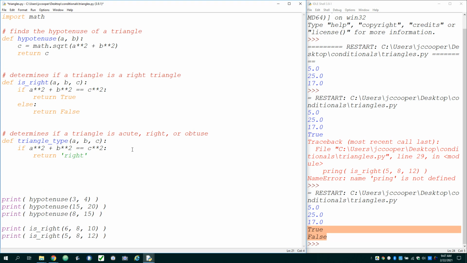And I'll say, now, we want to do another test this time. So what I'm going to use is the keyword elif, which is just a contraction of else and if. Some languages don't have it, and you have to use else if, but in Python we get elif. And so we'll check again, and we'll say if A squared plus B squared,